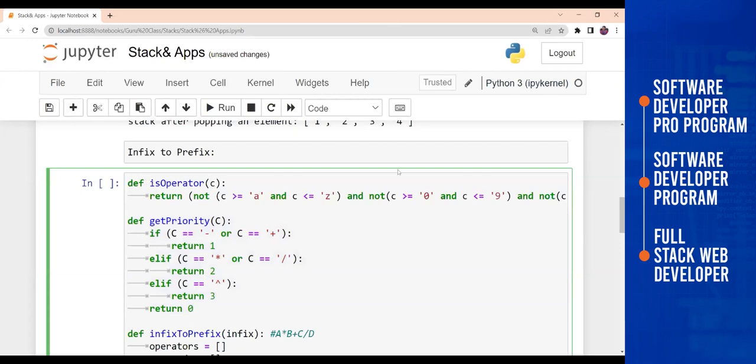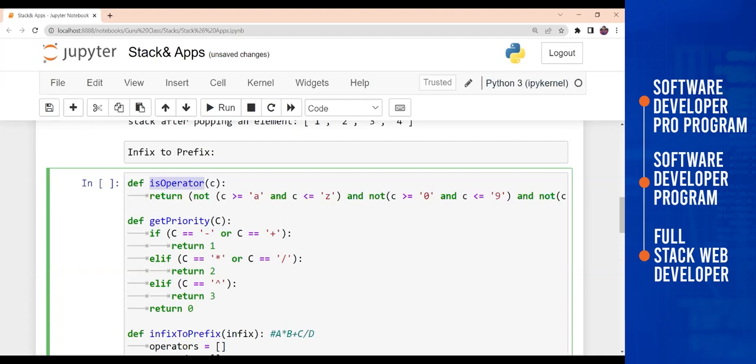Okay. Now, before doing this, you also want to check whether it is an operator or not, right? So is it an A to Z or a 0 to 9 or some other thing? It should always check. So what are the operators we have? Addition, subtraction, multiplication, division, exponential. So these are all the operators we are going to have.